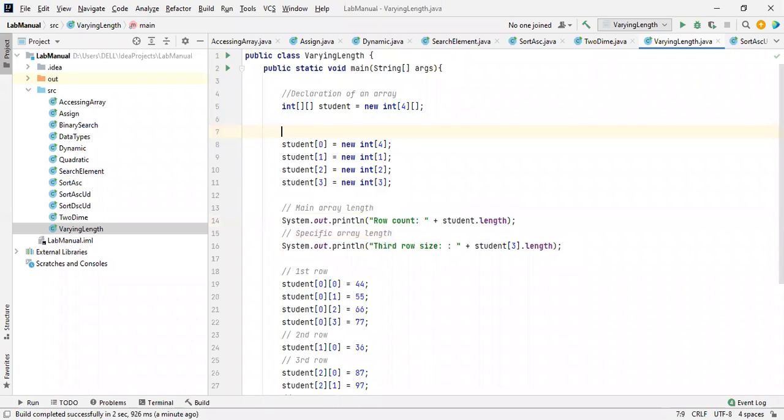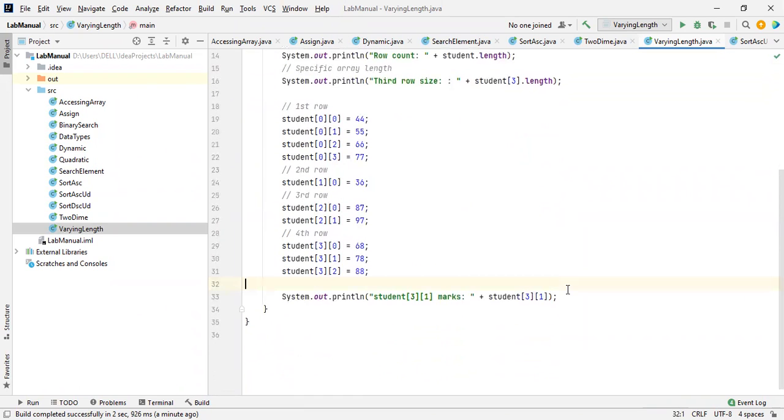This is assigning the size to arrays of an array. Okay, so assigning the size to arrays of an array. This is an arrays of an array.